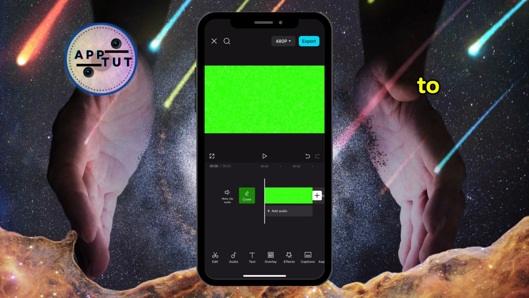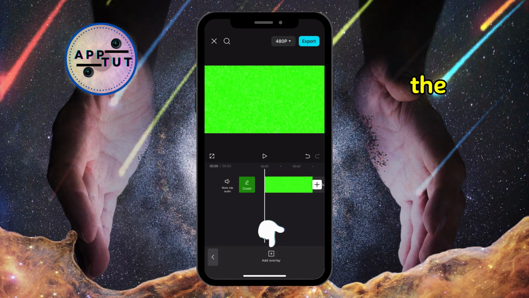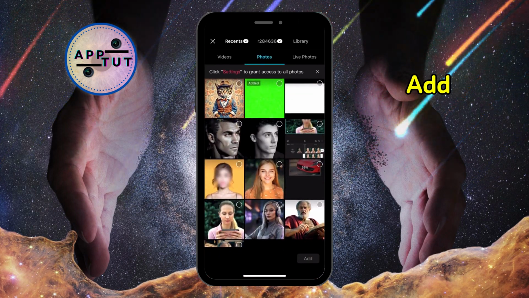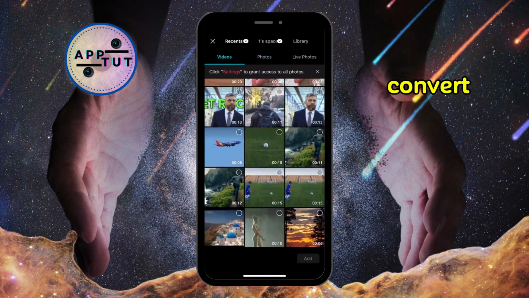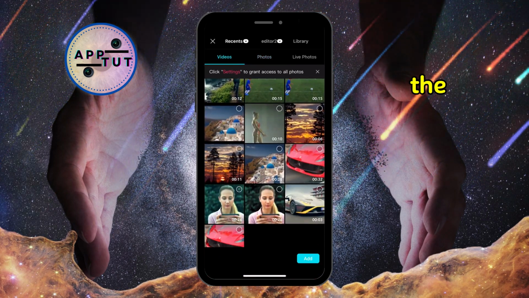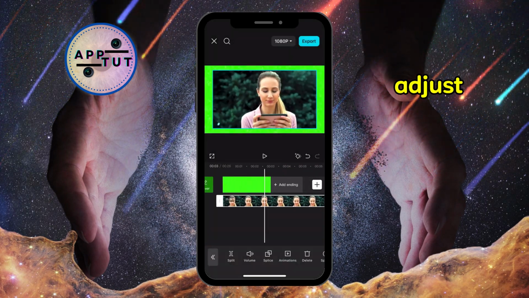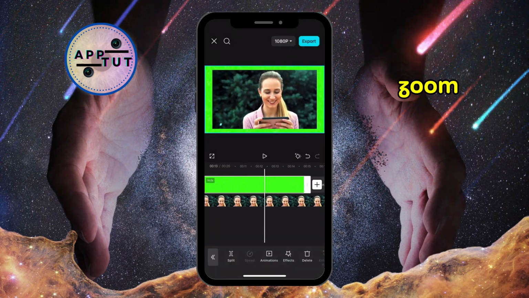Next, it's time to import your video. Click on the overlay option, then select Add Overlay and find the video you want to convert. I'll be using this one for the tutorial. With your video added, adjust its length to match the green screen and zoom in a bit so it fits